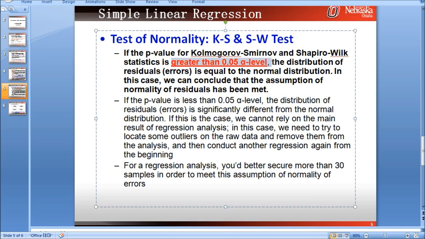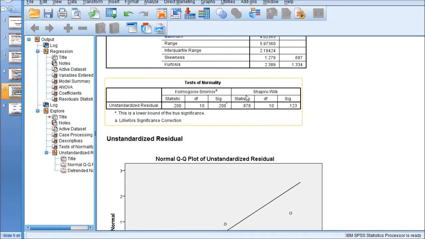If the p-values for the KS and SW statistics, the two tests, are greater than the 0.05 alpha level, like this, the p-value for the KS test is 0.200, which is greater than the 0.05 alpha level, and the p-value for Shapiro-Wilk is also greater than the 0.05 alpha level.